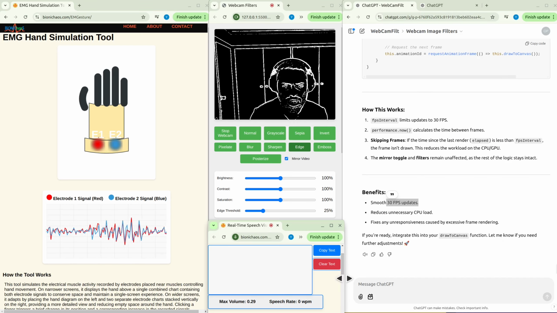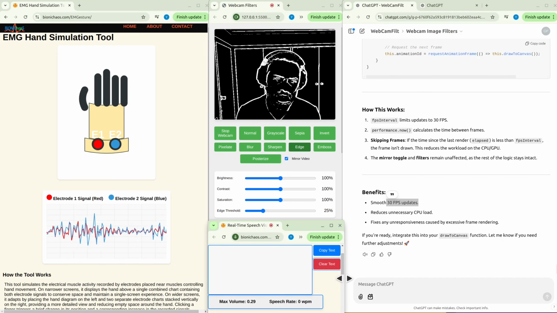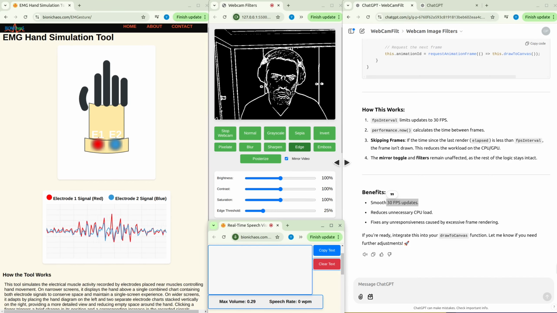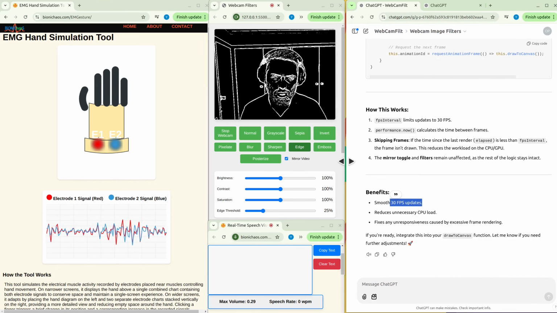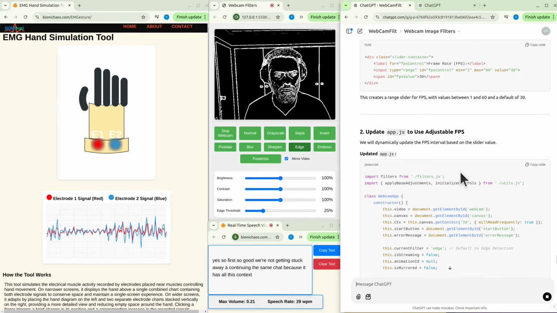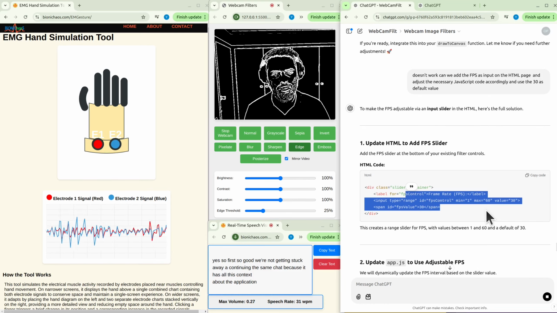Okay, can we actually add the FPS value as an input variable? Yeah, so far so good. We're not getting stuck, so we're continuing with the same chat because it has all this context about the application. A maximum of 60. Yeah, that's right.